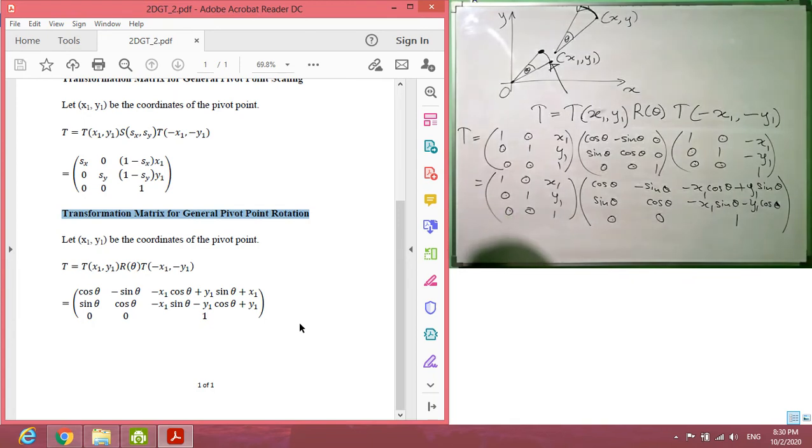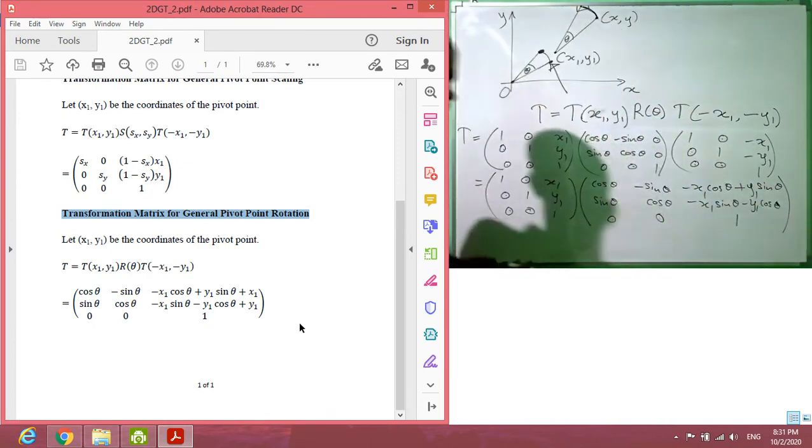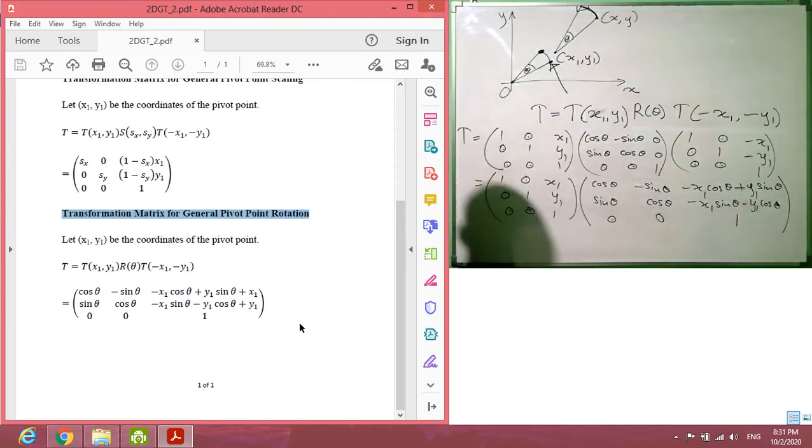Now let's multiply these two matrices. Now multiplying these two, we have got this one. Okay, so now